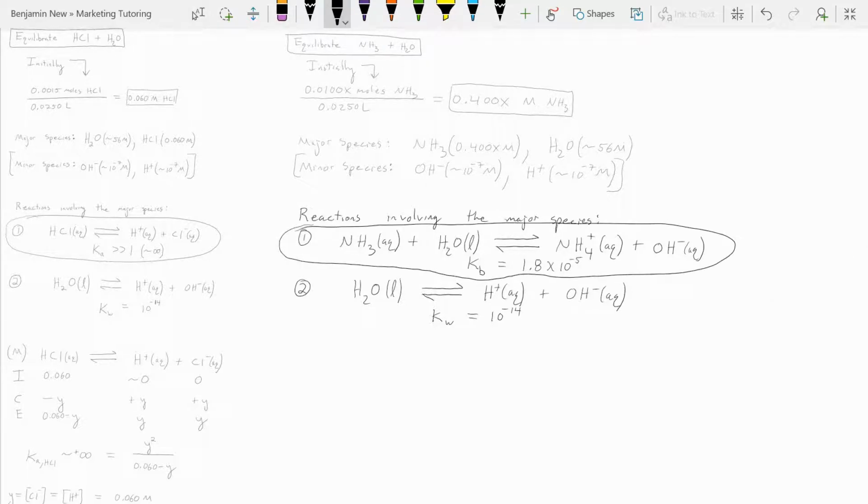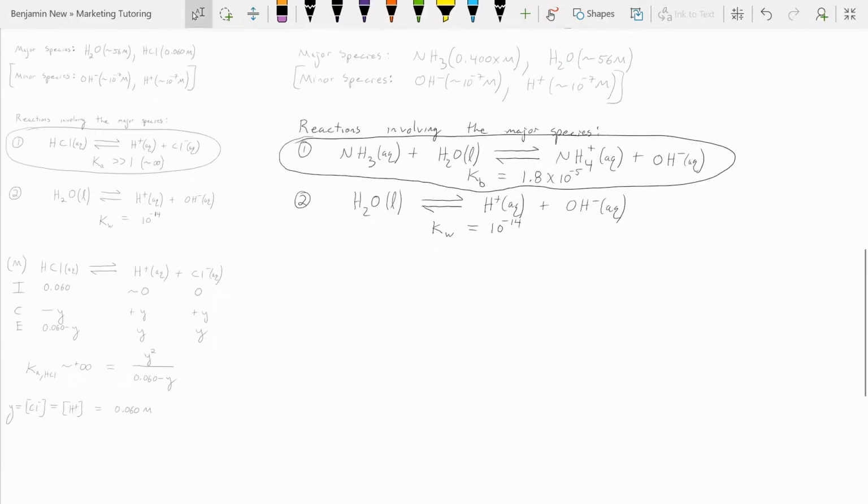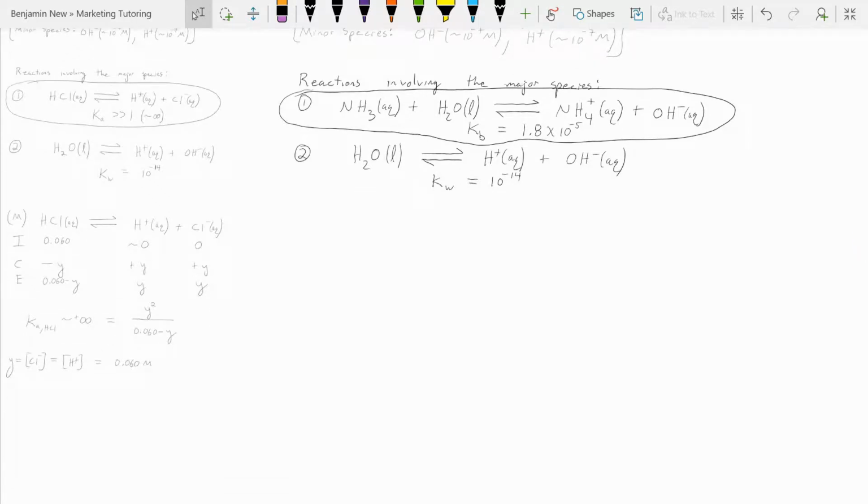Why, might you ask? Well, remember, the major reaction is the one that has the highest K value, because we're asking which one is the most important one. Well, the most important one is the one with the higher K value. 1.8 times 10 to the minus 5 is roughly 9 orders of magnitude greater than the dissociation of water, or 1 billion. It will produce 1 billion times the products as the second reaction will, and therefore the top reaction is the reaction that drives this process, and that's the one that we choose. So let's go ahead and